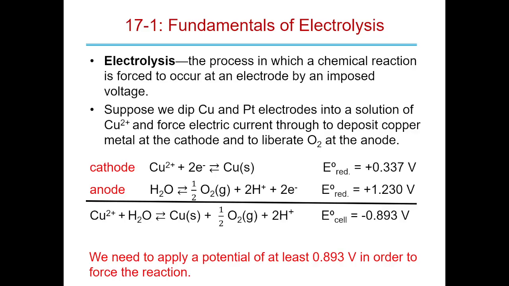So this is in the reduction form, right? These are in the reduction and oxidation here. The E naughts are always in reduction. So the ones listed in your book are always reductions. They just didn't bother flipping the sign here